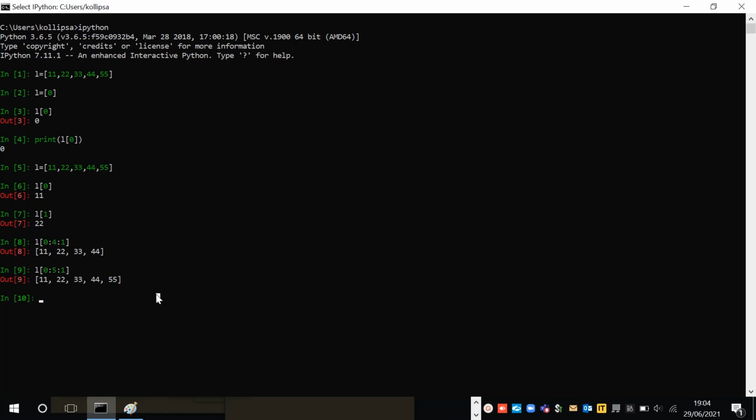So now let's say I want to print alternate elements from this. Just give 2. It will skip one element after each one. Let's say we gave the starting index as 0, so it will print 11. After that, since you gave the jump as 2, it will skip this element and print the next element, 33. So this is how list slicing works, guys.